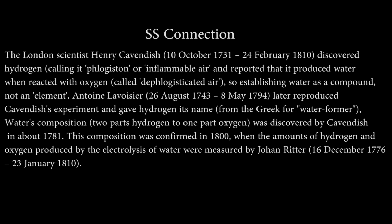Social studies connection. The London scientist Henry Cavendish, born October 10, 1731 and died February 24, 1810, discovered hydrogen, calling it phlogiston or inflammable air, and reported that it produced water when reacted with oxygen, called dephlogisticated air, so establishing water as a